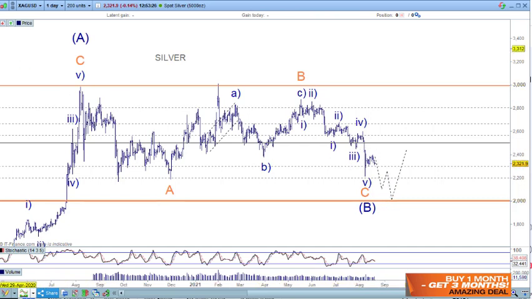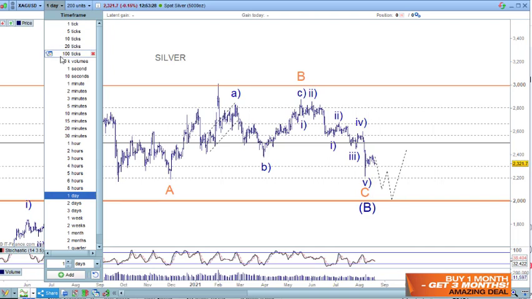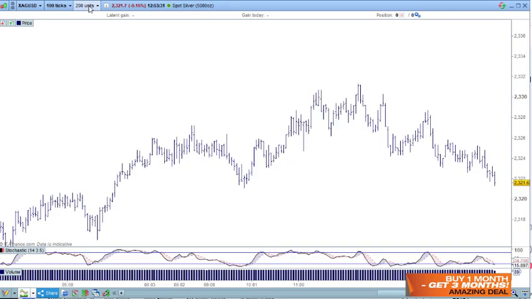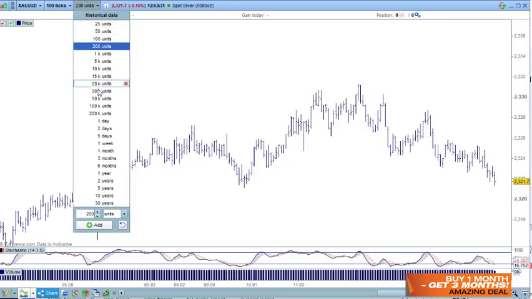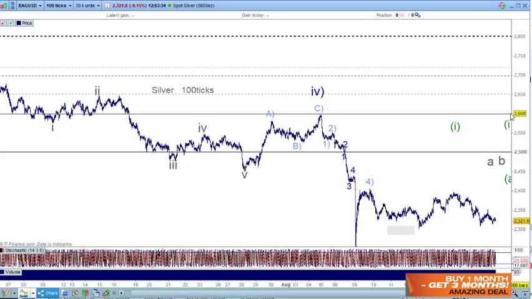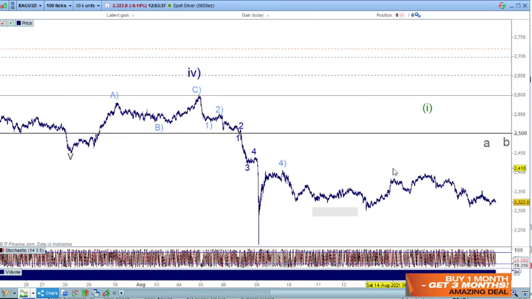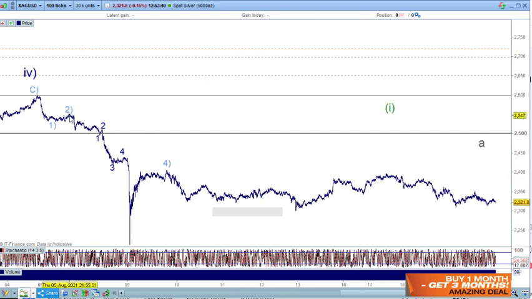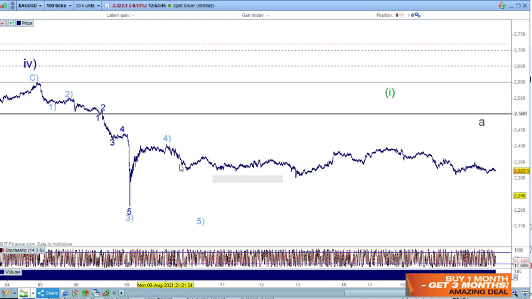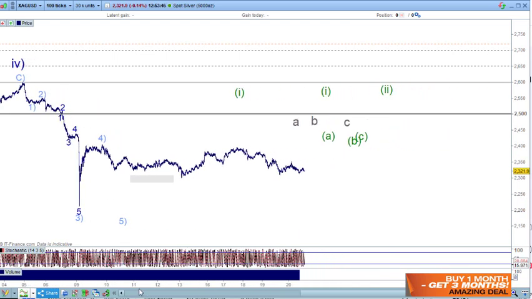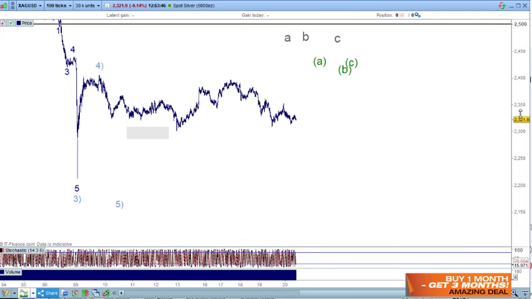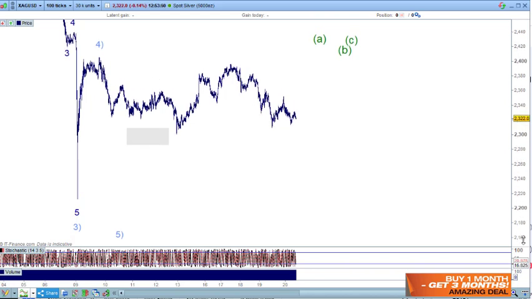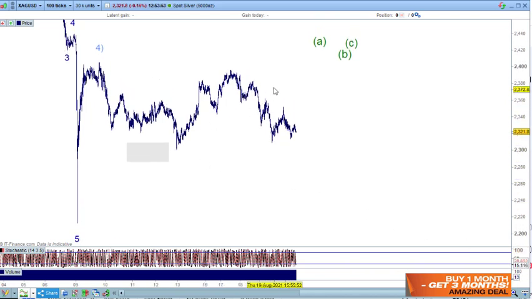So I just want to have a look at the intraday here. Well, the tick chart always does well. Let's just check on this to see. I haven't really updated this, but I remember counting down here we had 1 and 2 and 1 and 2, 3, 4, 5 and down. So I was looking at this as being wave 4 to come back, but just to help confirm that, I just wanted to get enough time in here for this.